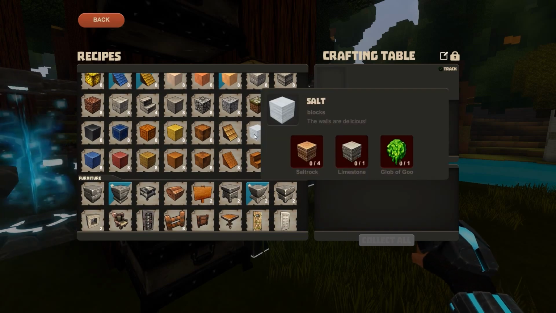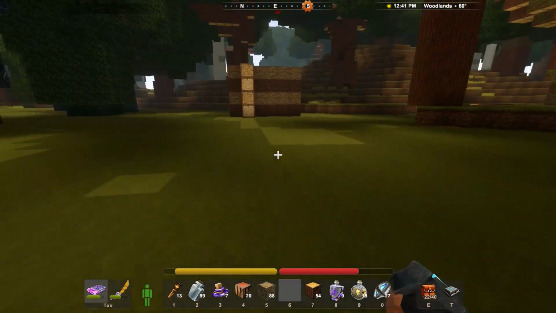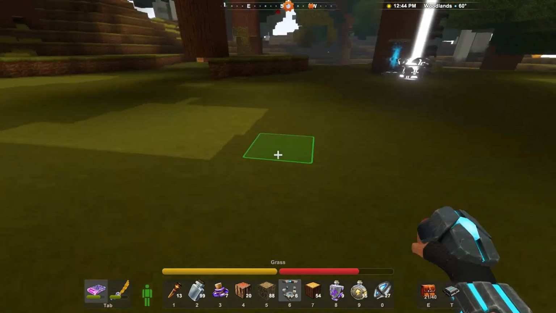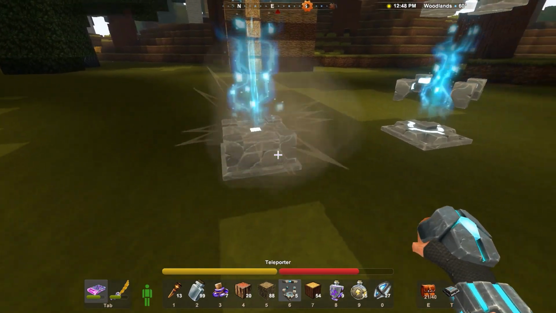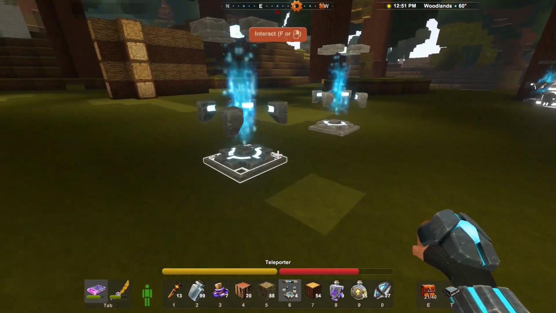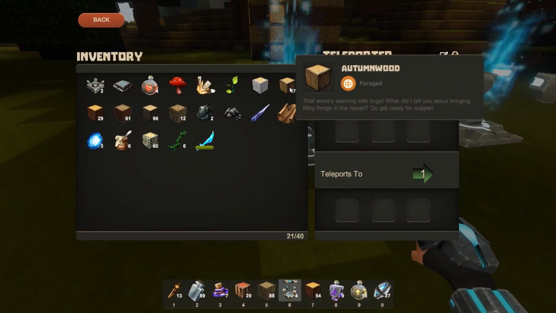So instead of starting on that today, I want to play around with the teleporters. I've been meaning to do this for a while, kind of play around with these, check these out. And so we're going to do that right now. So, let's see, what do I want to test first? I want to test some things with these. One thing I want to test